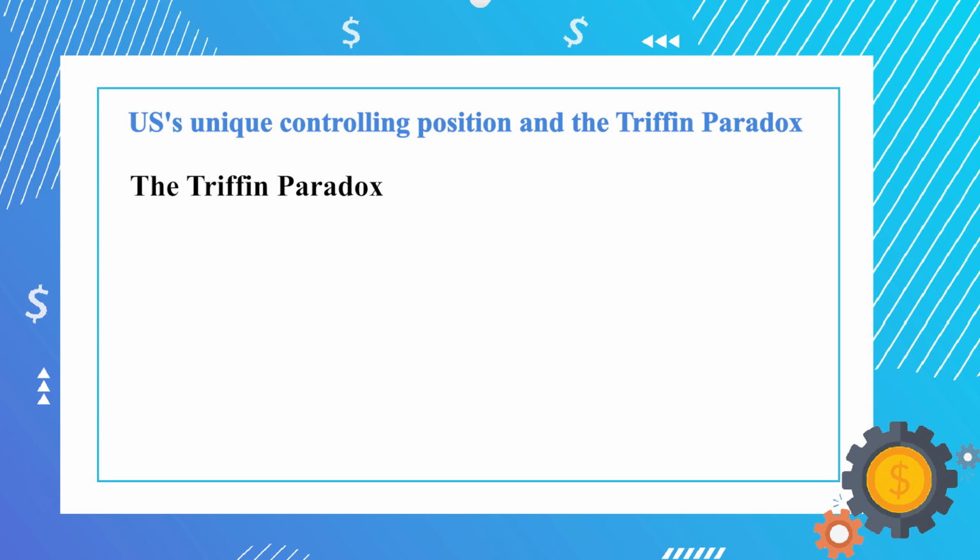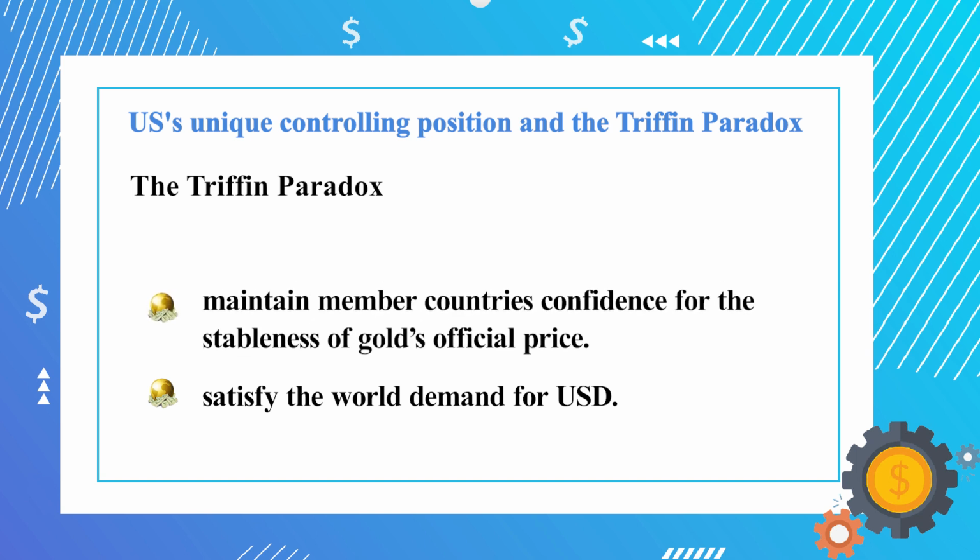As Professor Triffin said, under the Bretton Woods system, the United States faced two tasks. One was to satisfy the world demand for U.S. dollars. The other was to maintain member countries' confidence in the stability of gold's official price. These were two obligations that could not be achieved at the same time. In order to complete the first task, the U.S. Federal Reserve should not print too many dollars, while